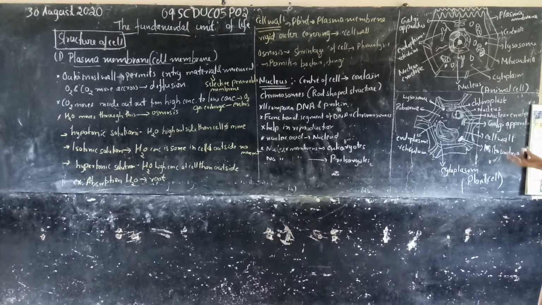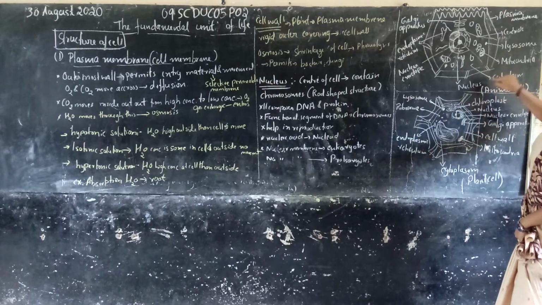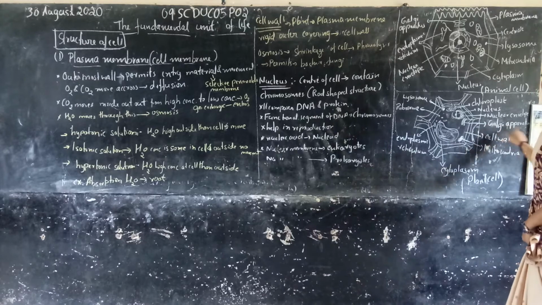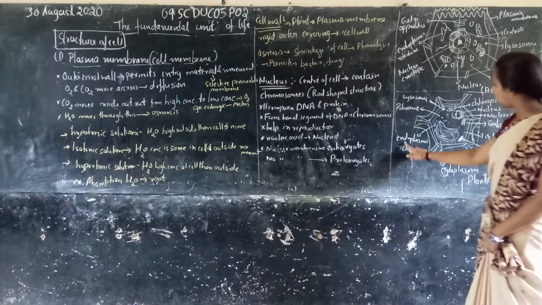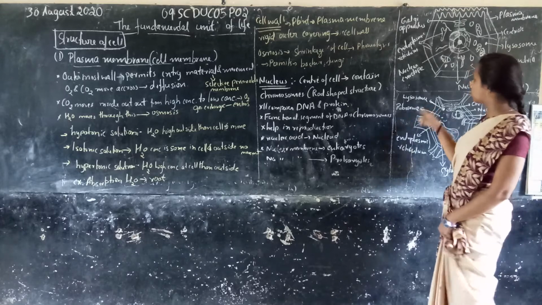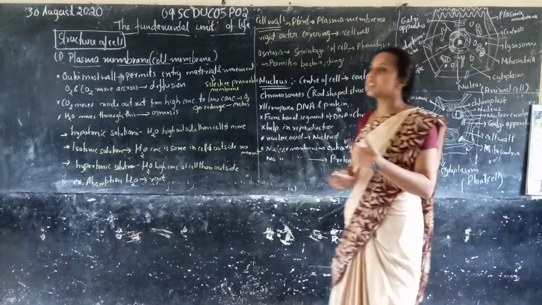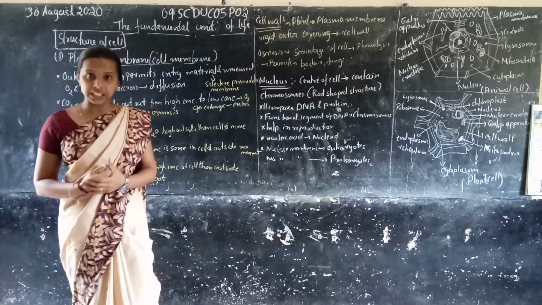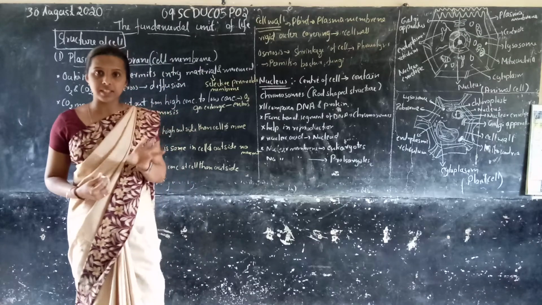In the animal cell, you have to identify the differences between animal cells and plant cells. Animal cells also have one nucleus. The plant cell has a chloroplast; the animal cell does not have a chloroplast. Then Golgi apparatus, nuclear envelope, and there is one cell wall. Mitochondria, cytoplasm, endoplasmic reticulum, ribosomes, lysosomes. You observed that some parts are missing in animal cells and some parts are missing in plant cells, right? So we study each part of the plant cell and animal cell in detail, step by step.